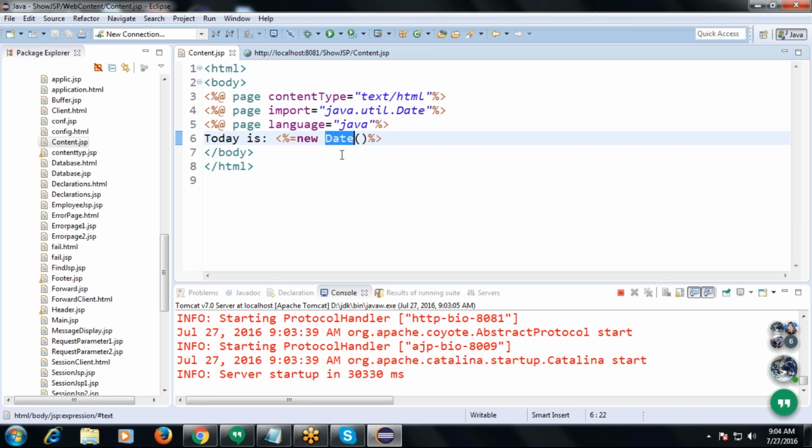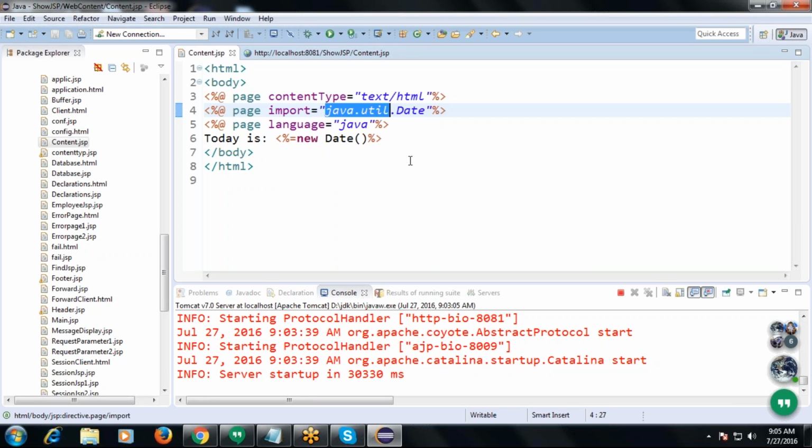The Date class is taken from the java.util package, and that's the package we imported here, right? So what attributes did we discuss here? Content type, and then import, and then language.